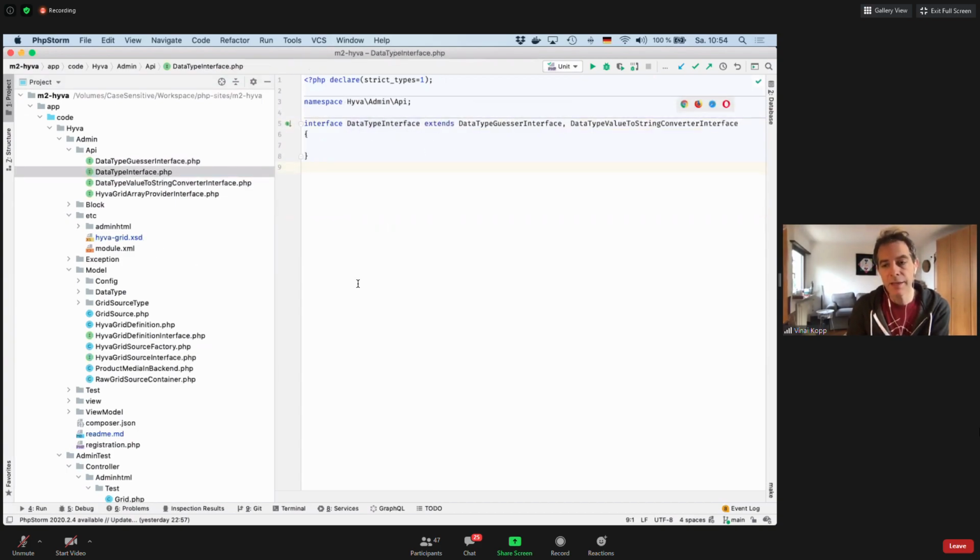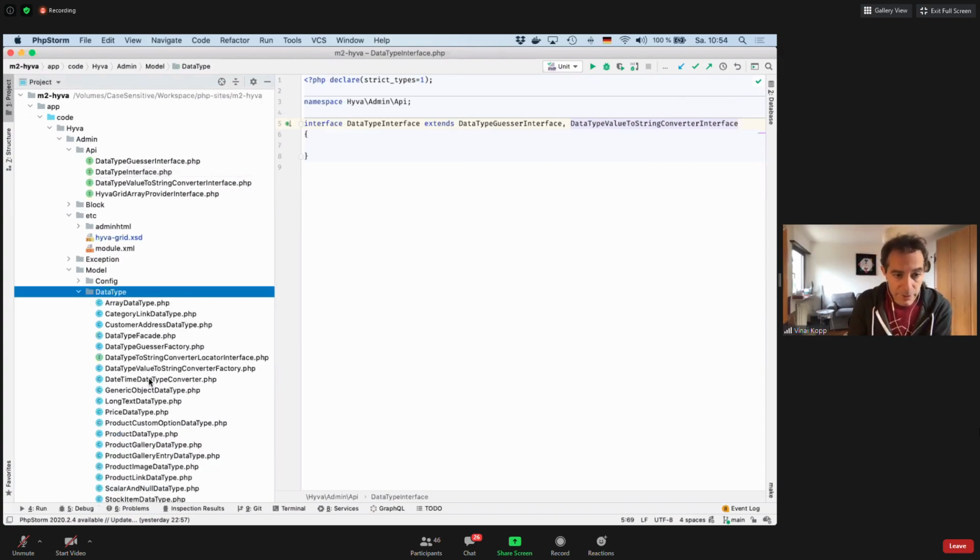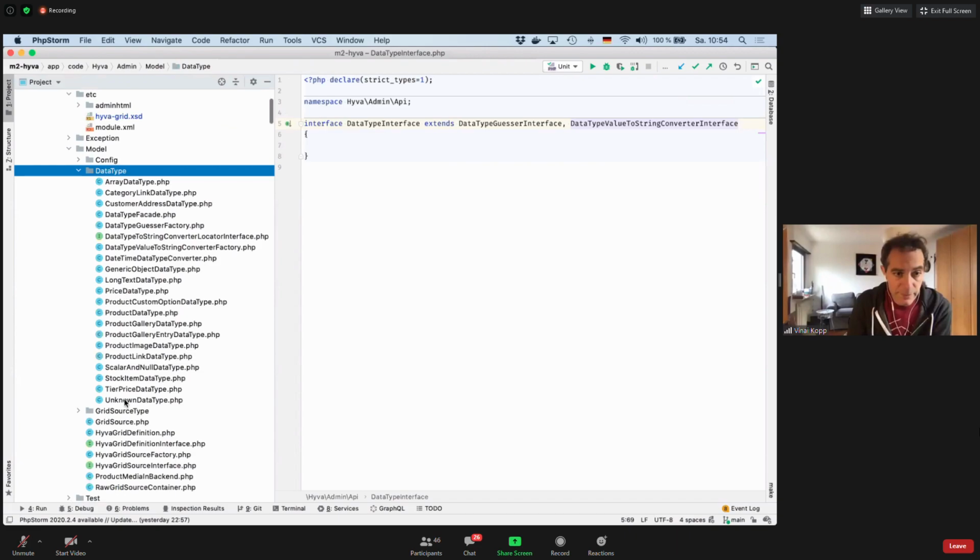So anything which can be determined automatically can just implement this interface. If it's something that can't be determined automatically, but has to be set explicitly in the grid configuration, like the price thing, then it just needs to implement the value to string converter interface. And here are some examples. So these are the current data types that I implemented. So for example, the price data type